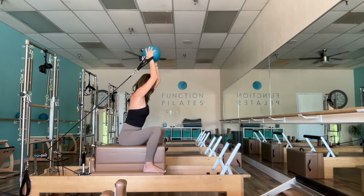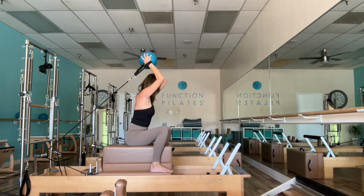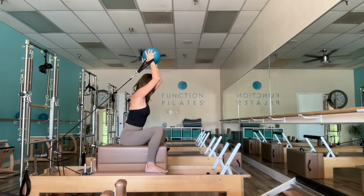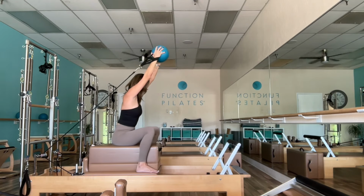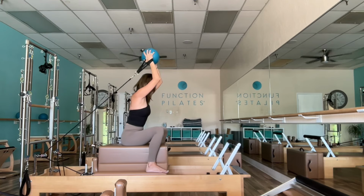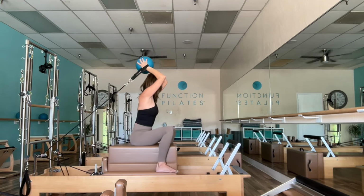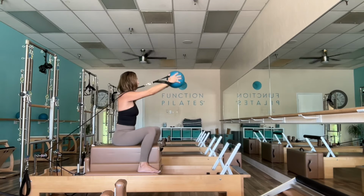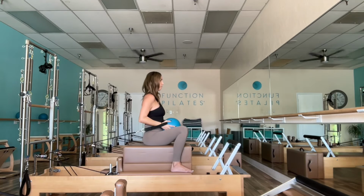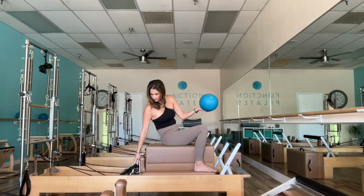And again, equal amount of pressure is pressing into the carriage with your feet here. So that loop on the right side wants to pull you one direction. So it's really a requirement to have the left side working just as hard, if not even more. And go ahead and bring it down. Okay, so let's just send that loop on the peg and then we'll go back